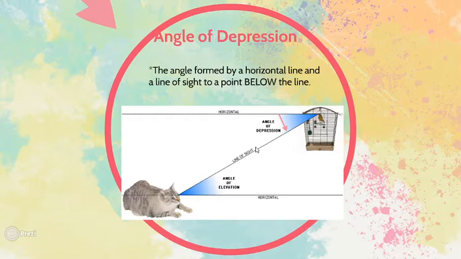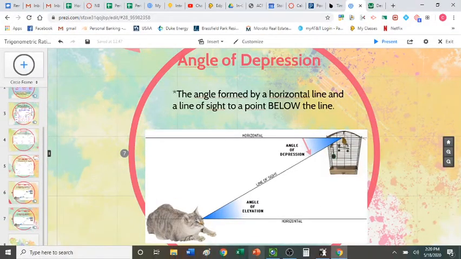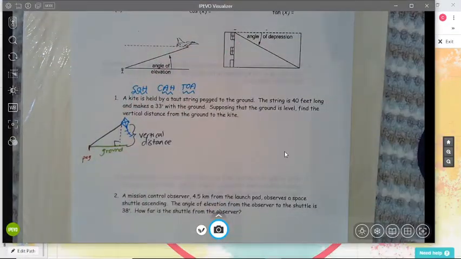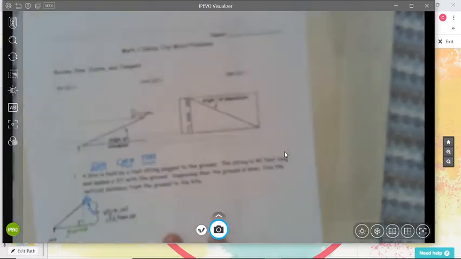Okay, so knowing that information, we're going to use sine, cosine, and tangent to help us either solve for these angles of depression and elevation, or we're going to use the angle of depression and elevation to help us solve for one of the sides of a right triangle using sine, cosine, and tangent, which is going to be pretty awesome. Okay, so in class, I should have given you this nifty piece of paper for you to work on